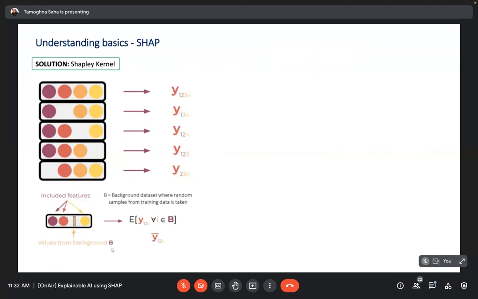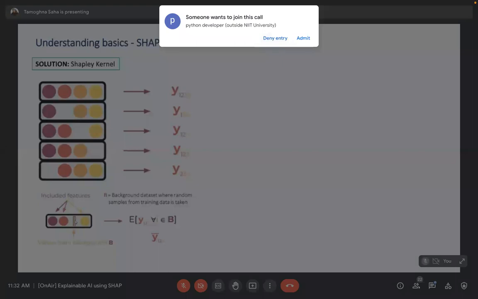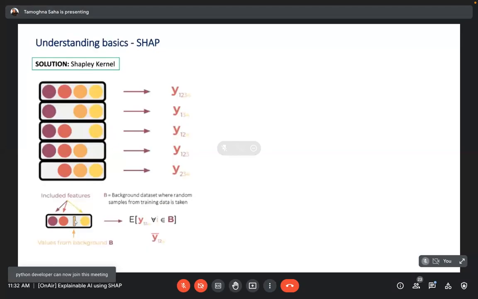And these random values are called the background data set. So how do we get this background data set? It is from the original training data set itself, where you randomly take some samples like 100 or 1000 depending upon how big your data set is, and using that you are going to replace the original value with those sample values from the background data set.